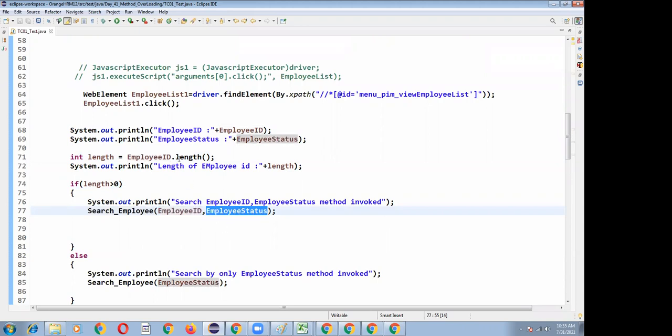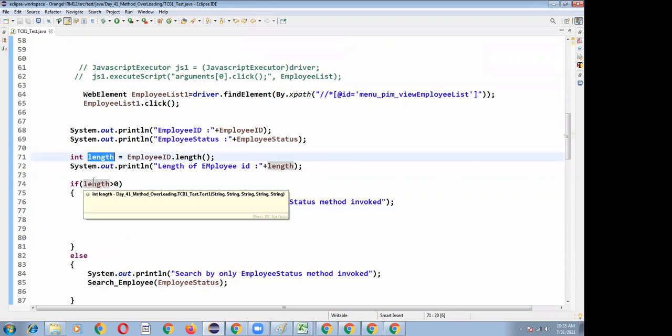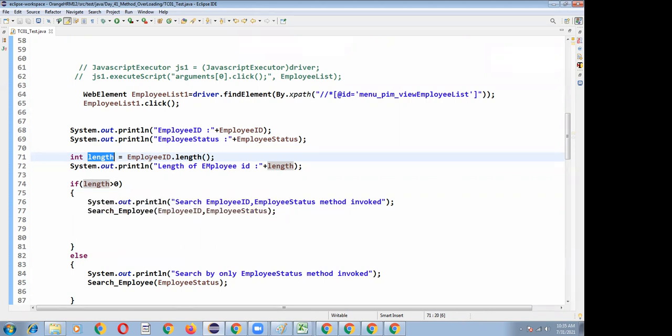In case my employee ID length is 0, which means I haven't given any employee ID, I want to call the search employee status method.